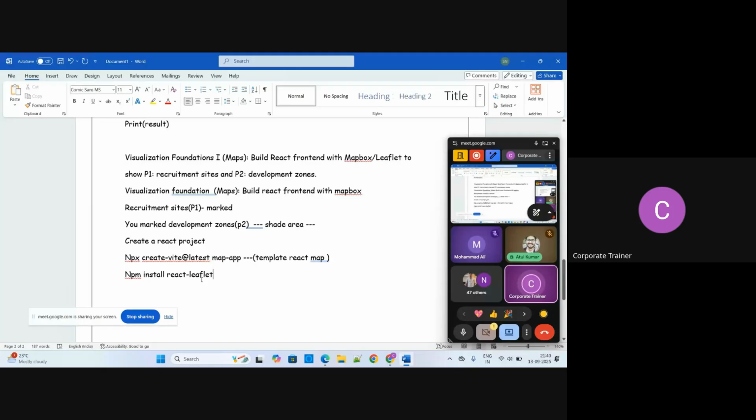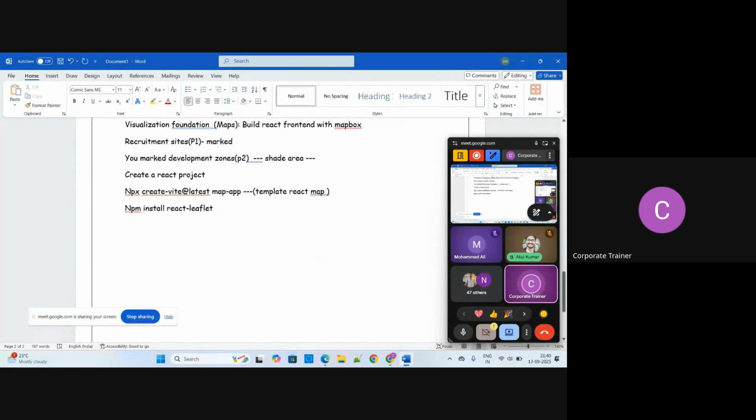Next, you have to use leaflet's CSS, so you can import the map style into your main.jsx file. For designing, you have to use lots of things. First you have to import React, so you can write import React.